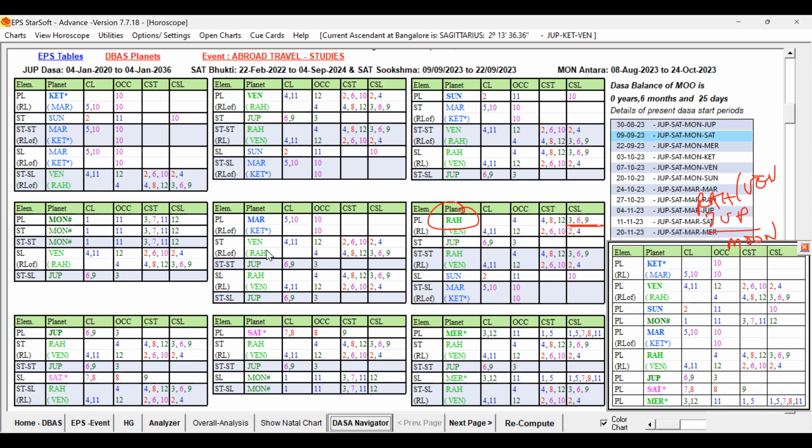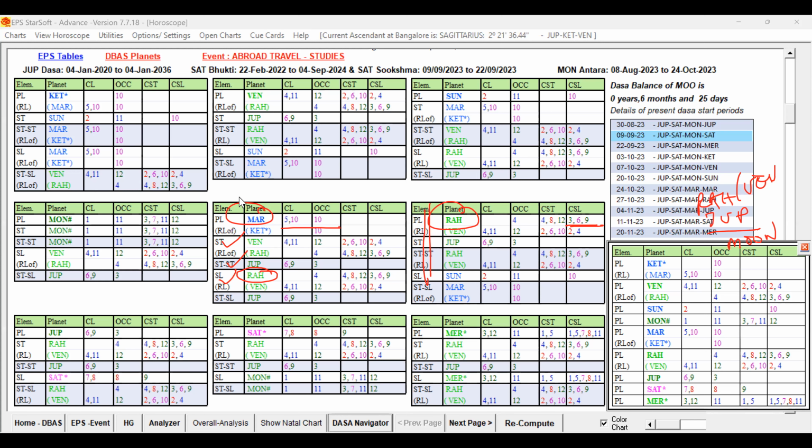Look at Mars. Mars planet is 5th lord, 10th lord, 10th occupant, and representing Ketu, it is blue color. It is not saying no. It is not saying strong also. Star level planet is Venus, our good key planet. 2 level is Jupiter, our another good key planet. And importantly, Rahu itself is playing a role at this sublord. So now you can see these 3 rulers, the second level, third level, and last level planets, all are ruled by the important key planets of the Dasa Lord.